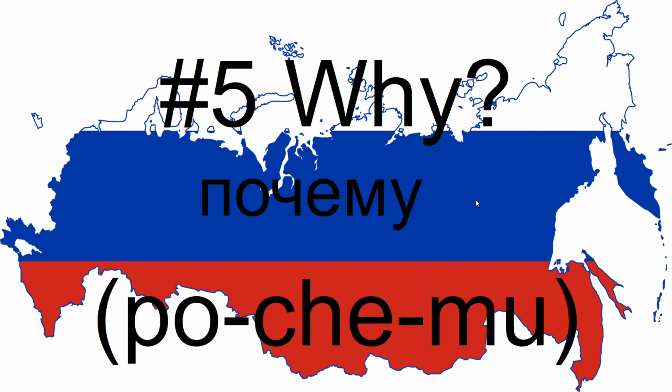Moving on, we have number 5, why. Now there's actually 2 ways to say this. This one is more when you want an answer, and there's another one that you use sort of when you're saying, why me, sort of type thing. So this one is почему. So, почему ты здесь? Why are you here? Or почему это яблоко на стол? And why is the apple on the table?